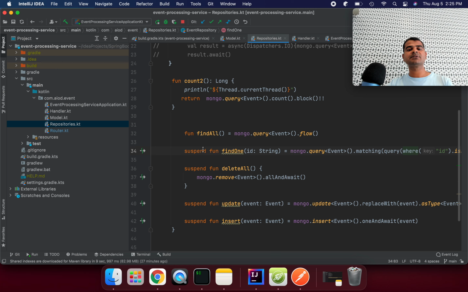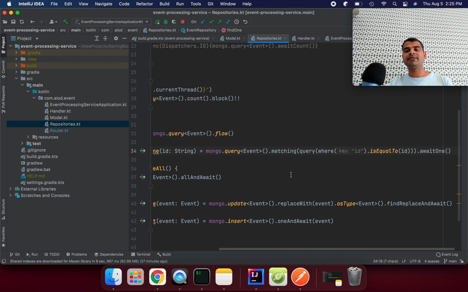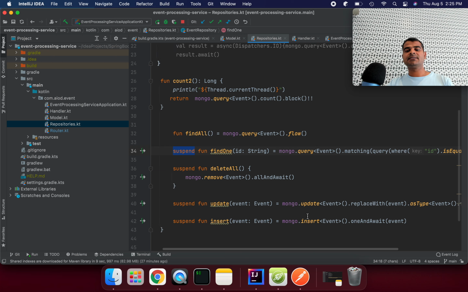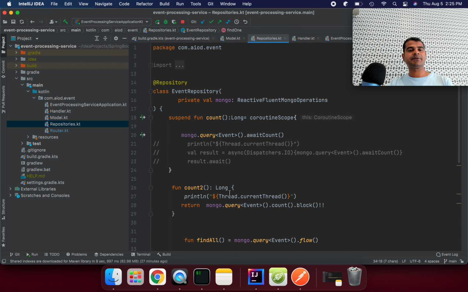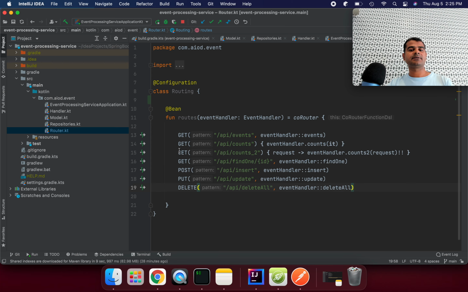And here, if you see the suspend method, right? I'm using coroutines, so I need to put the suspend keyword, otherwise I'm not able to use await in this method, because they are part of coroutines. Okay, so this is now running. Let's try to use our routes method. So suppose first I need to insert the record.